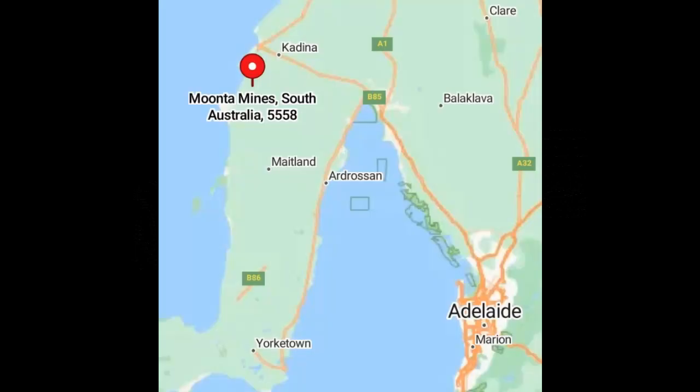Moonta Mines is a locality at the northern end of the York Peninsula, adjoining the town of Moonta. It is located in the Copper Coast Council. From 1861 to 1923, it was the centre of a copper mining industry that formed colonial South Australia's largest mining